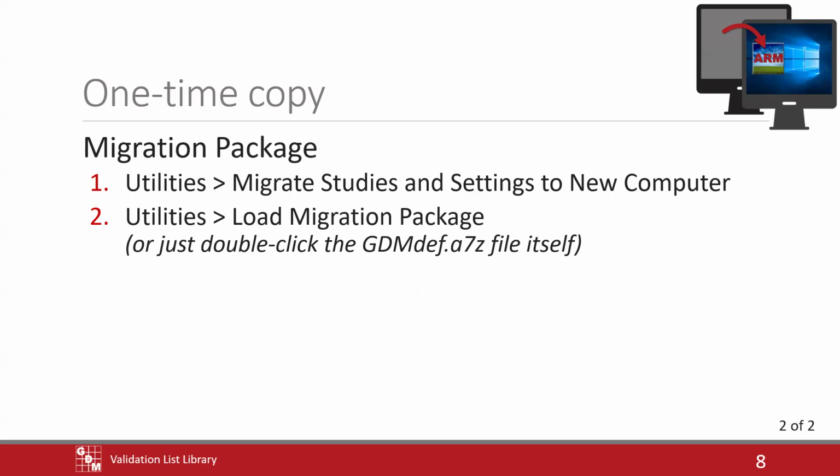So let's step back one moment here, back to that migration package. Like I said, very straightforward commands to implement. They're both under the utilities menu. If you want to create the package to start with, on utilities, you just choose migrate studies and settings to new computer. Then there's a short little wizard that'll just step you through. So you pick the path where that's going to go,